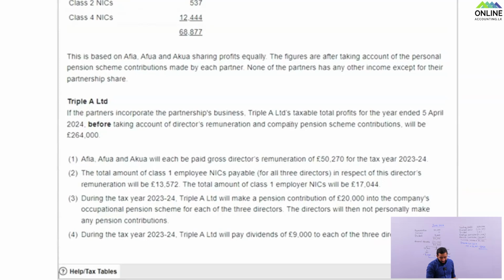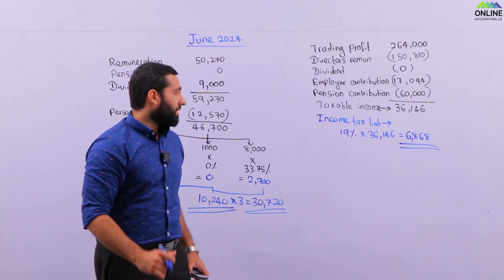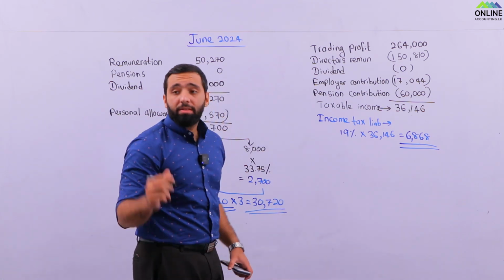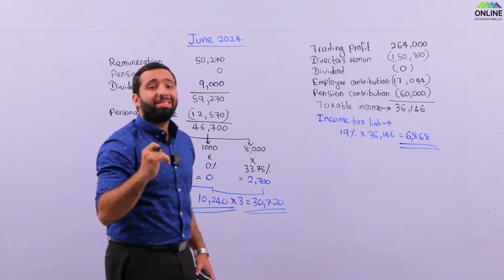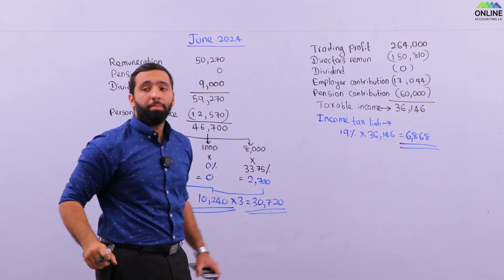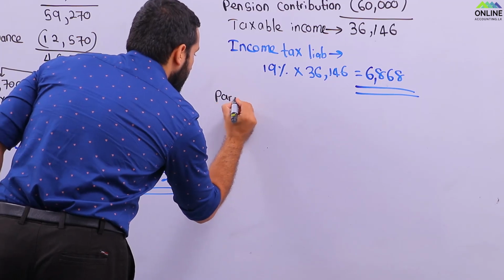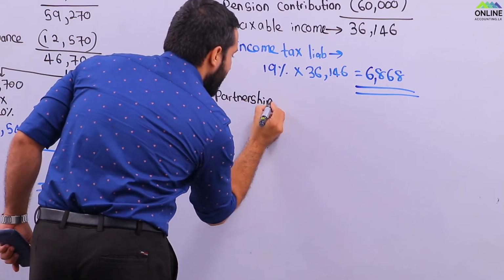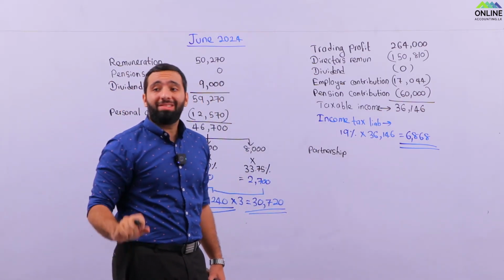They are asking what is the saving. Okay, first of all, what is the amount that you need to pay before registering the company as a company? Yes, so the partnership, if it is a partnership business, how much will you pay as taxes? Clearly given in the question,